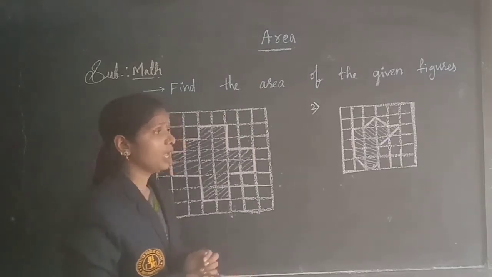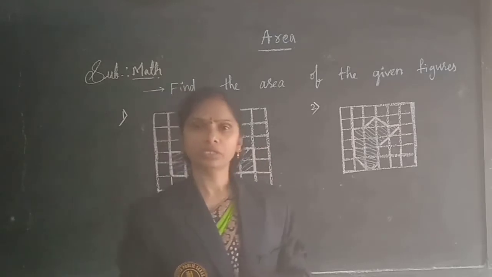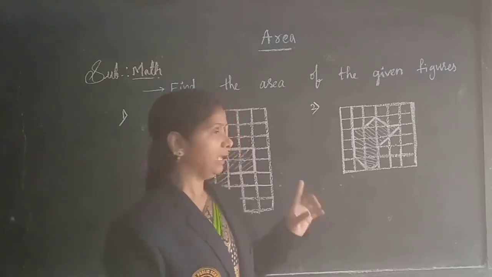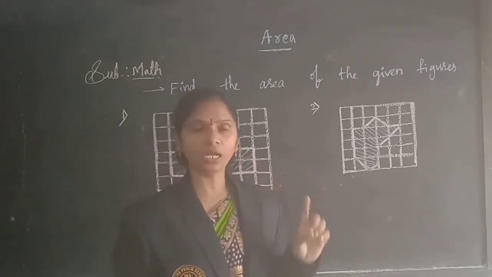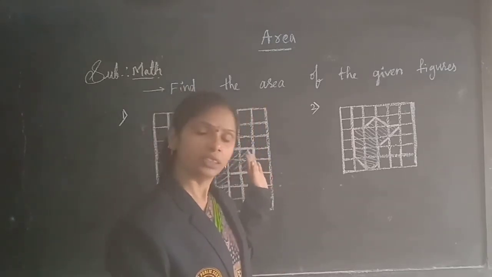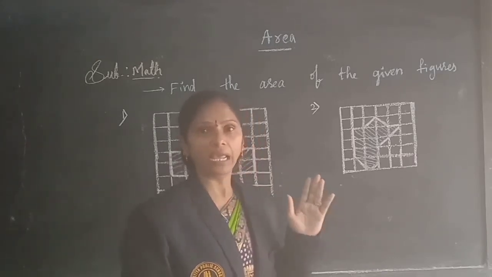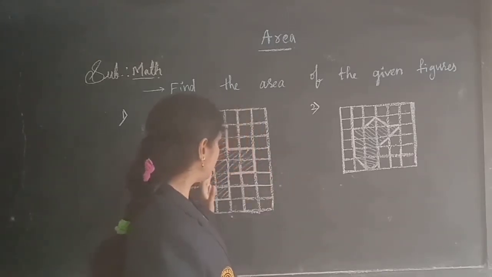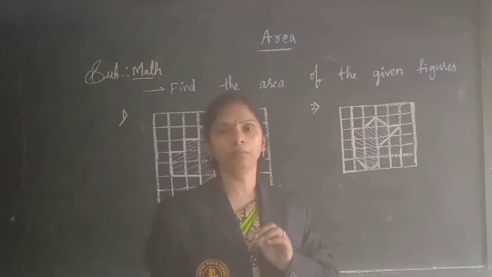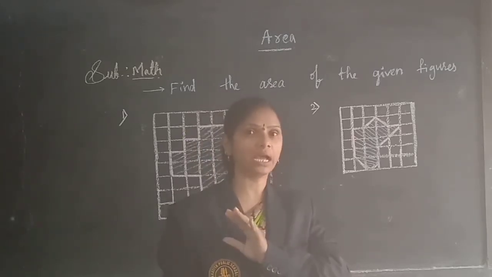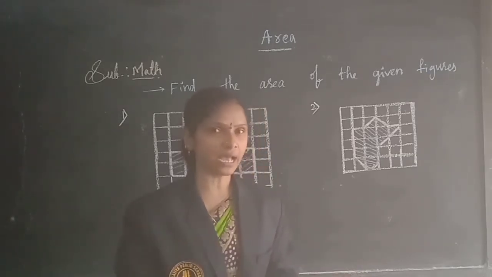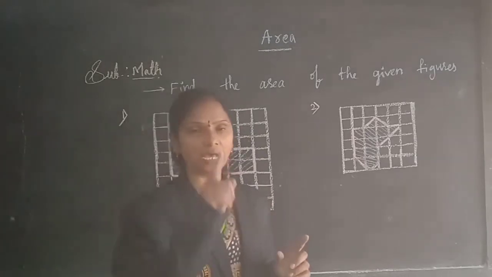Okay, now before finding the area on the square sheet paper, children, you first have to know: if the full box is covered, you have to take it as 1 unit, children. If half is covered, you take it as a half unit. If the shaded portion covers less than half, you should not count that box, that is, do not take it as any unit, children. If the shaded portion covers more than half, you need to take that as 1.